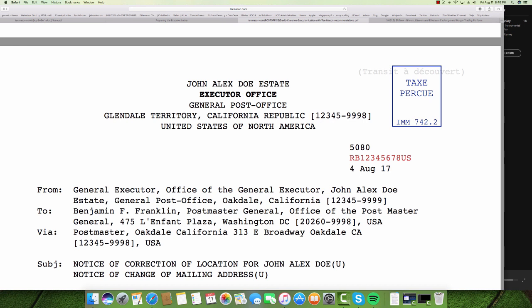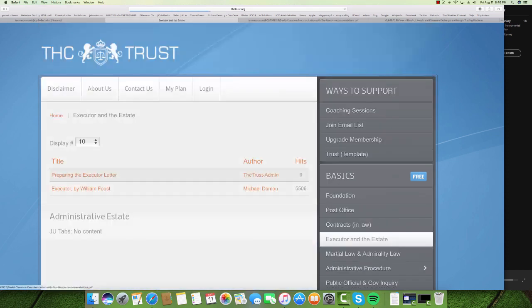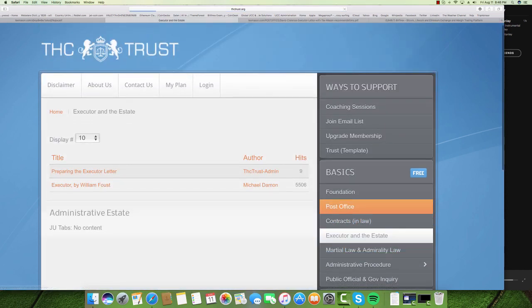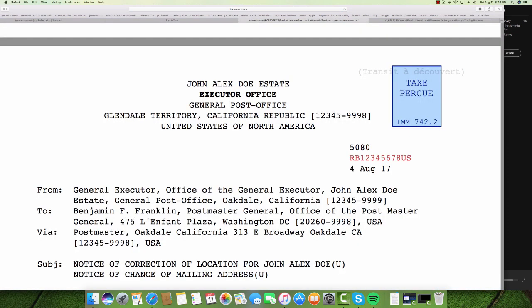So when you go into the International Mail Manual, that's what IMM stands for. Again, all of those references are between this page right here and, when you go to this post office link, you can find the International Mail Manual and all of these different things. They're all in there. But okay, so according to the International Mail Manual 742.2, this talks about how the